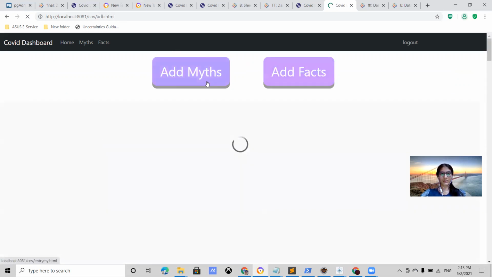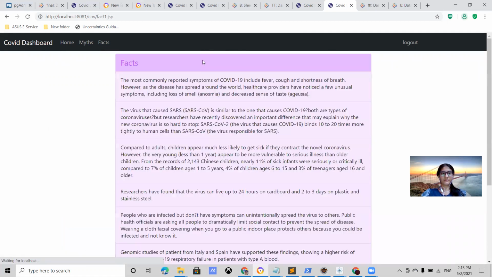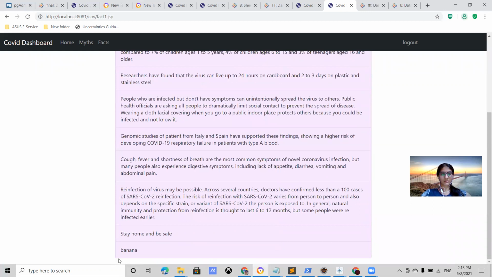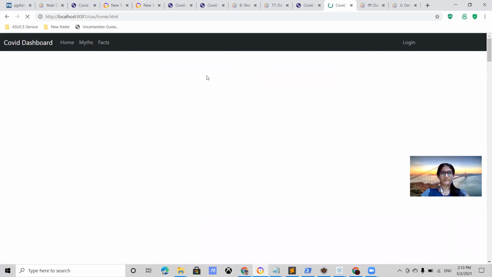So now we should see that this data is getting updated in the database, and that database data is actually getting retrieved, and we are able to see it in our facts and myths pages. Fact page, yes, banana, we are able to see. In the myths page we should see apple. Yes, we are able to see apple, and then we shall log out, and we will be able to see our home screen, home dashboard.